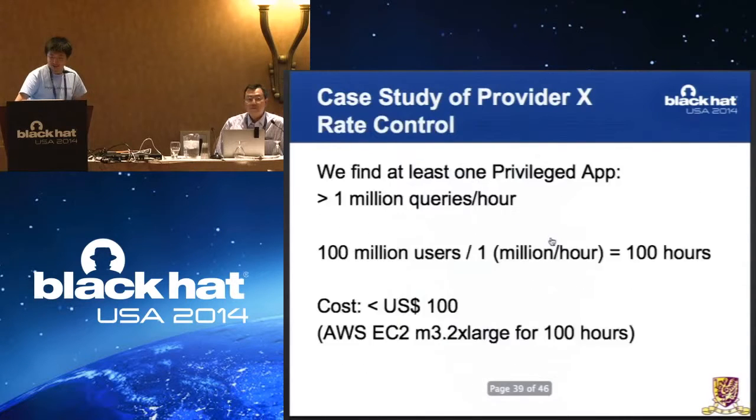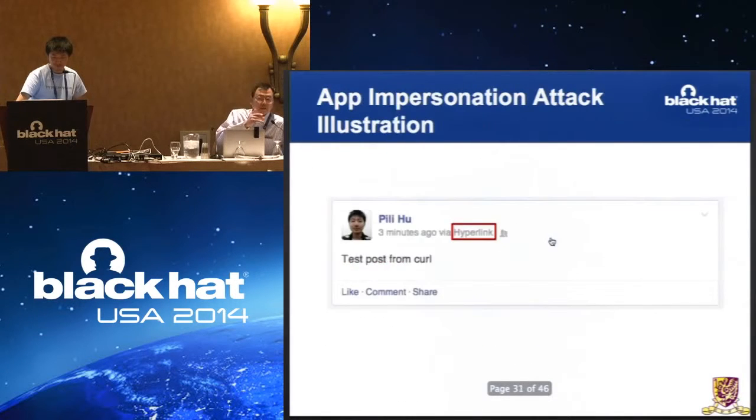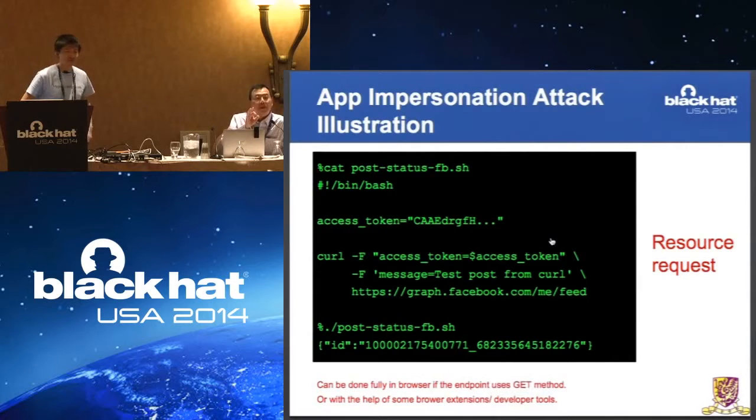What you mean is... But in order to get the token, all you need is the service provider to support the implicit grant flow, even if your app does not ask for it. As long as the provider does not opt out this option for this particular app, then the attacker can trigger this implicit grant flow. Yeah, that's true. But what he's saying is that even in the worst case